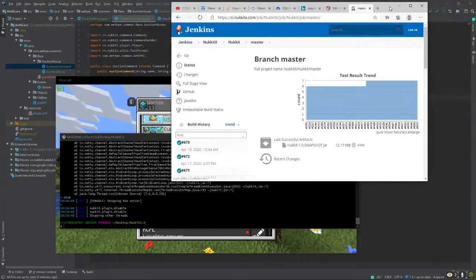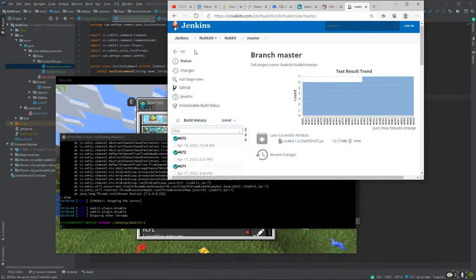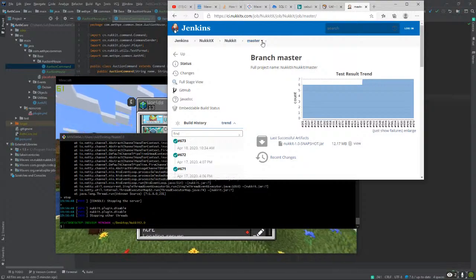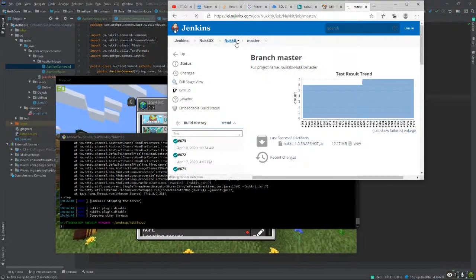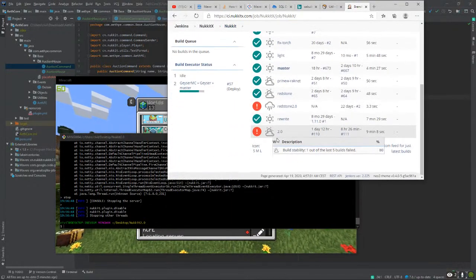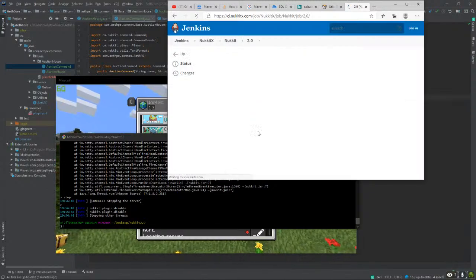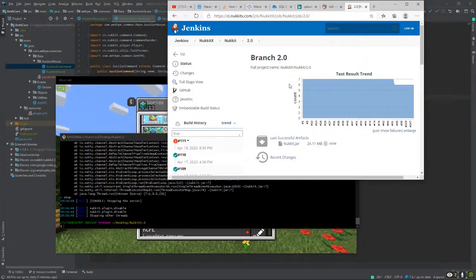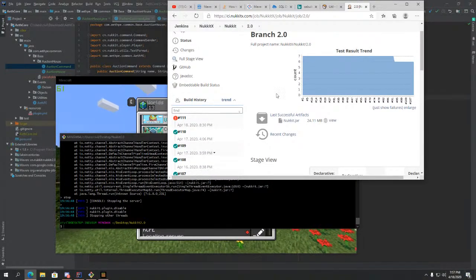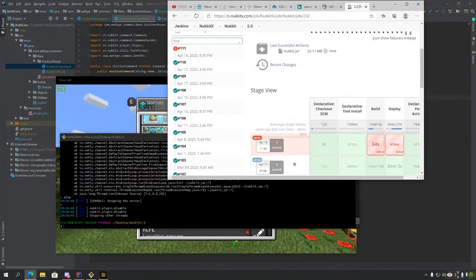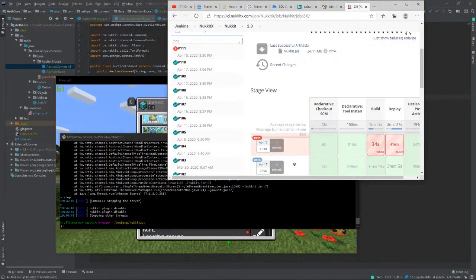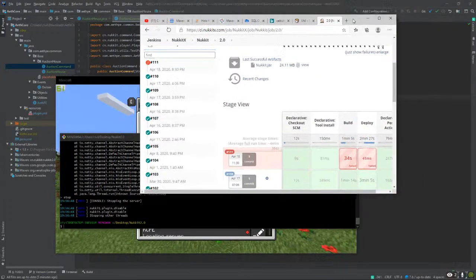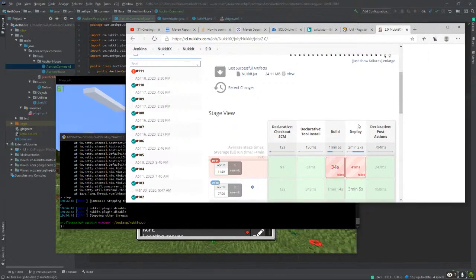What is the most recent build of it? Nukkit 2.0. So there was a successful build done. I can't see it because of that. Failed. Okay, so there was a build failed. That's weird.